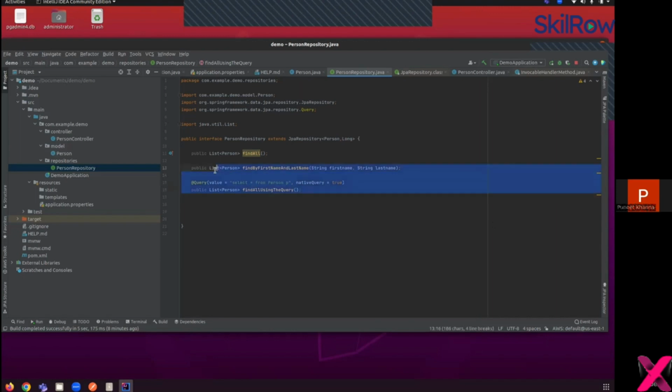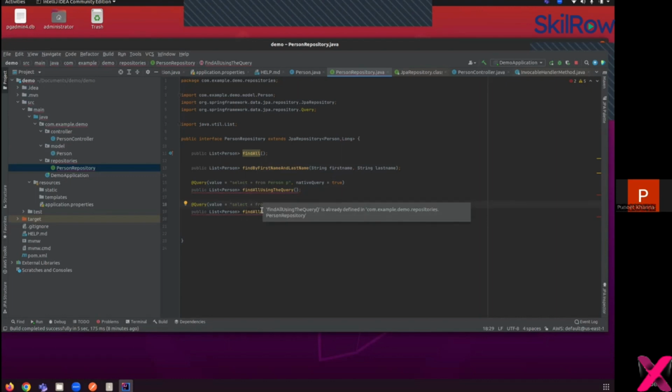So we will go ahead and copy this, modify this: select star from person, and we will modify this query. Person P, where P dot ID equal to. So this is how we specify the variables. We start with a colon and we say ID. Since ID is of type long, pass the ID here,